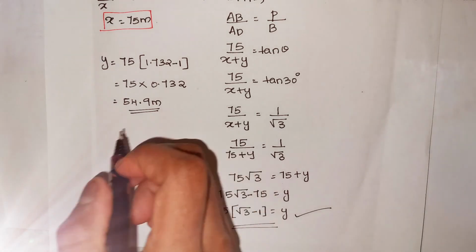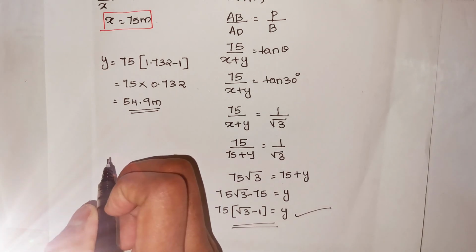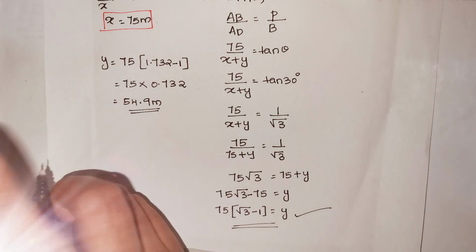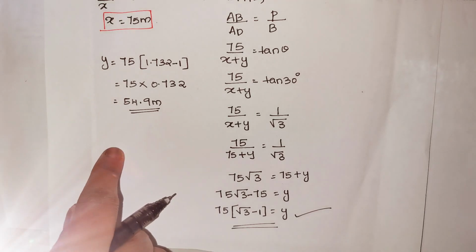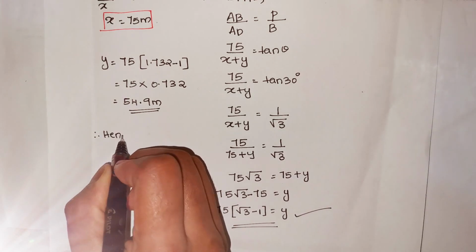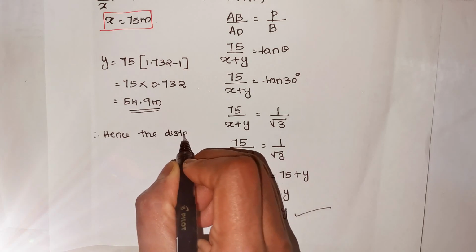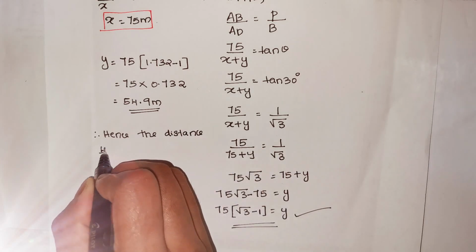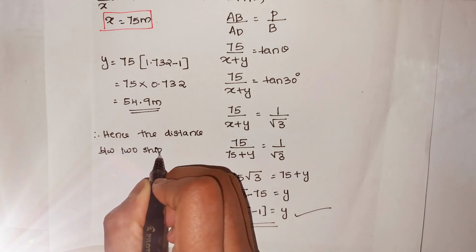So, we got the value of y. So, what is our answer? What is the question? We have to find the distance between the two ships. We have taken in the question that the distance between the two ships is equal to y. So here we got the value of y also. So we can conclude, hence the distance between two ships are